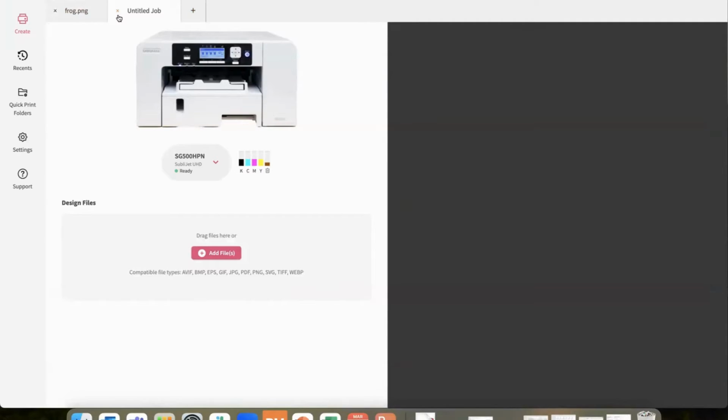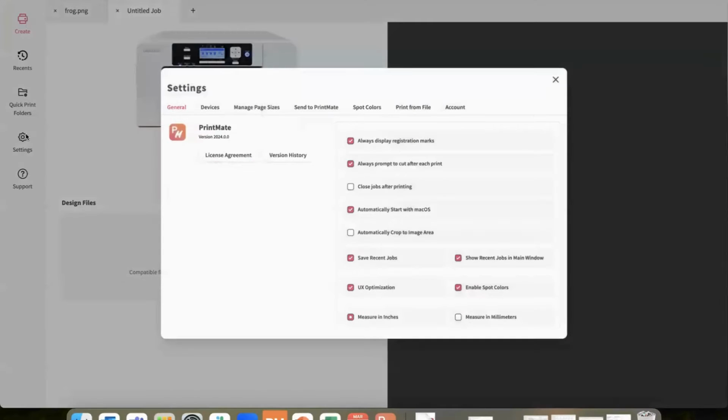Why does that help? If you're sending multiple jobs at once, it just depends on your workflow. If I want to get a job ready now and then maybe print it later, there would be several reasons why that may be the best workflow for you, is to do it that way and just open multiple tabs. But if you'd prefer for those tabs to close after each job, you can go ahead and hit close jobs